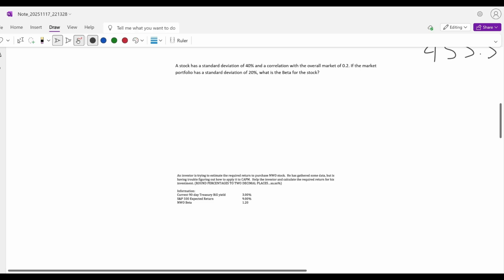So we'll hop into this essentially the same way that we solved the other ones. You kind of just have to know the formula for it. And the formula for it is that 0.2 correlation times your 40% standard deviation over the 20% market portfolio standard deviation, which is equal to